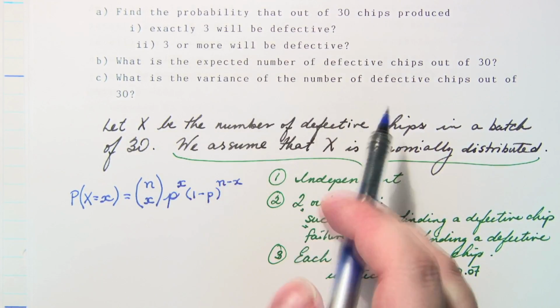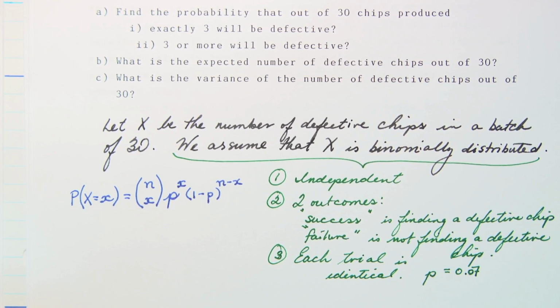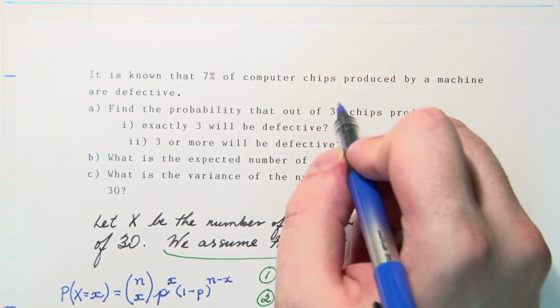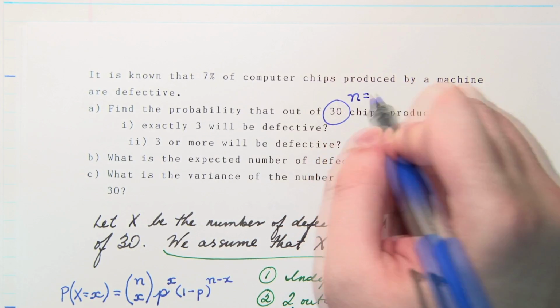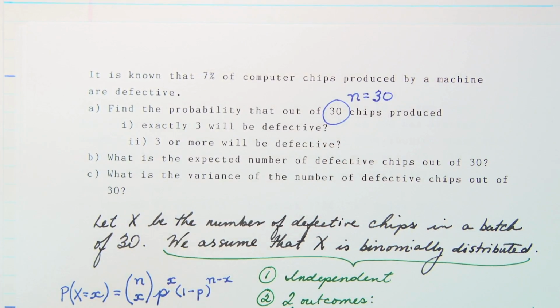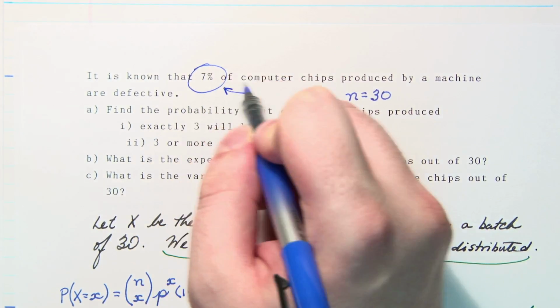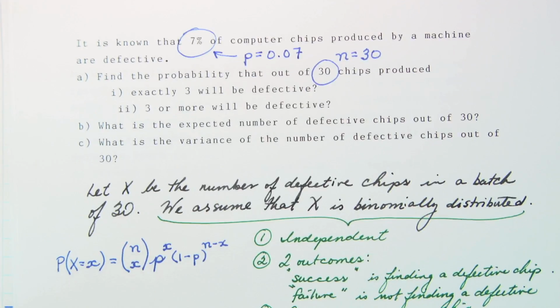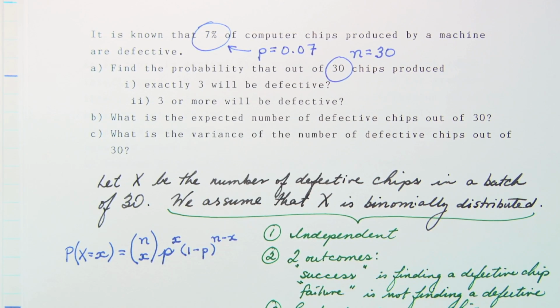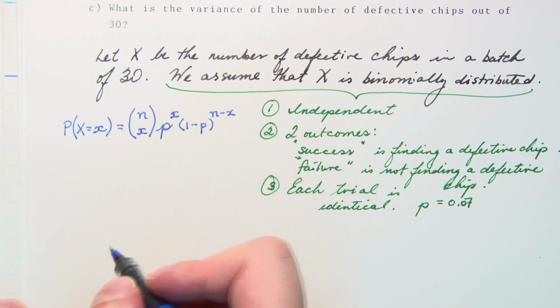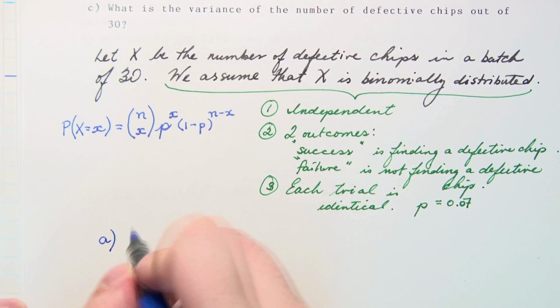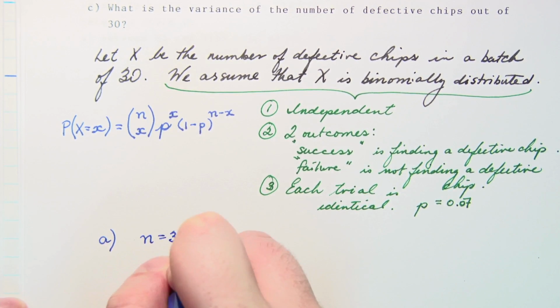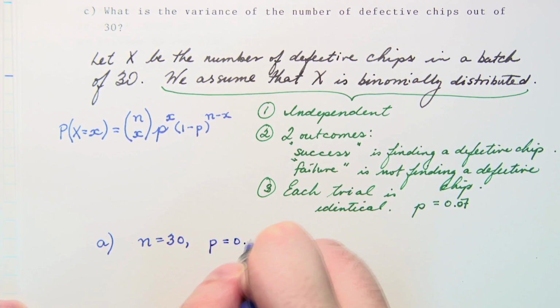So when it says find the probability that out of the 30 chips produced, exactly 3 will be defective, in this case here, 30 is our number of trials. We have 30 of them. And we also have here the probability is equal to 0.07. Okay. So we're asked to find exactly 3. So n is equal to 30, p is equal to 0.07. So using my formula here,